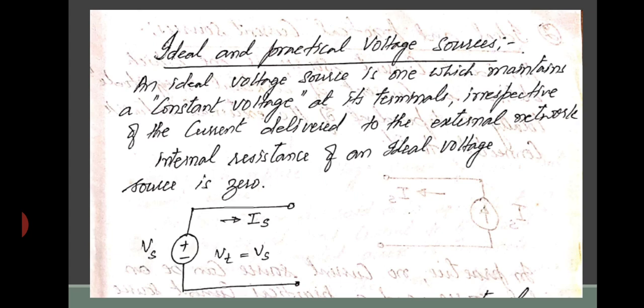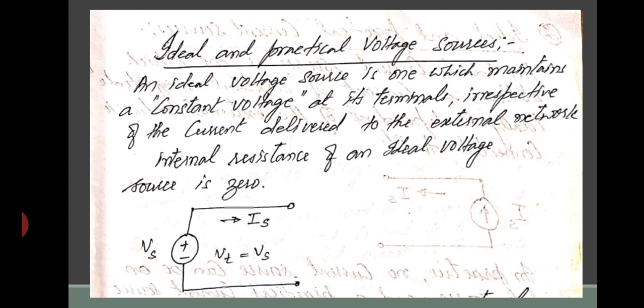You know we don't have any kind of losses, and the total flux linkages from the primary towards the secondary will remain the same. There will be no change, so that there will be no losses. That is what I have just quoted you as a simple example with respect to the ideal transformer. But right now, as the subheading itself says, ideal and practical voltage sources, we'll go with respect to that one. So we'll just focus on what these things are.